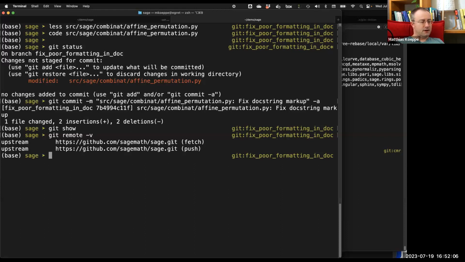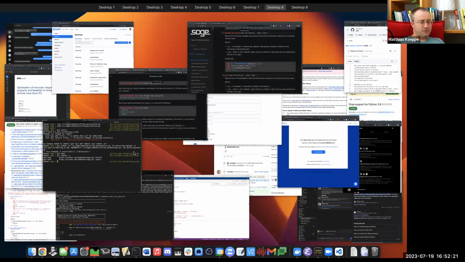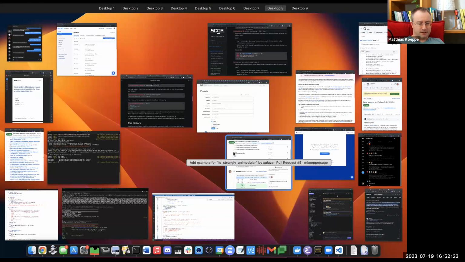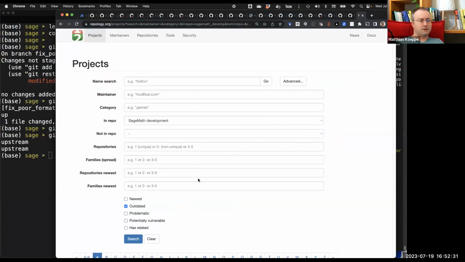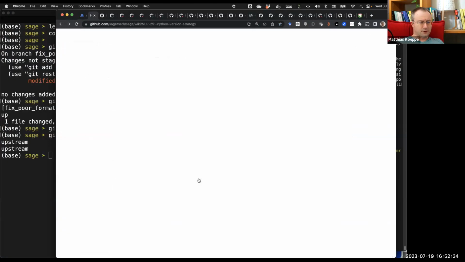And so here I have this upstream repository, and however, as a new developer in Sage, I cannot write there directly, right? So what I should be doing is first go to GitHub and create a fork of the repository,